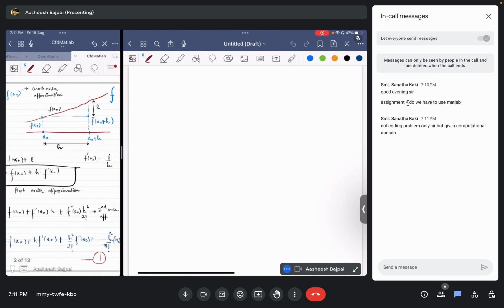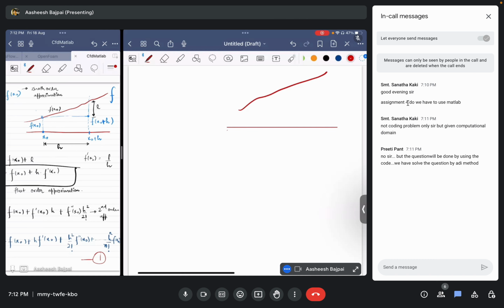If you don't remember, I have a function f(x), and this is the function, and I have some value of this function at x naught. I have the value f(x naught), so this will be this value. Now I want to know